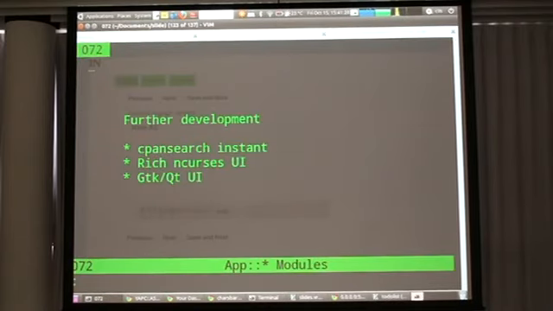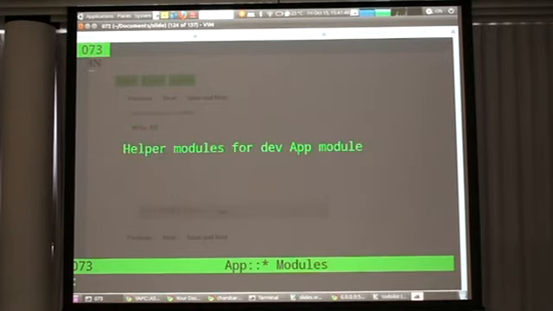Then further development is like cpan search instant. Actually, I wrote it just like Google Instant. So yeah, it's on the web. Actually, it's experimental, and provides a rich ncurses UI or GTK UI support. Okay, the time is